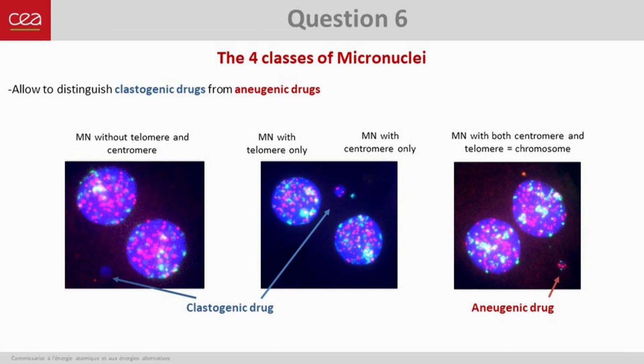For micronuclear analysis, you can visualize directly on the microscope or whatever software you are using to observe images. You just need to score the distribution of the 4 different classes of micronuclei according to the presence of centromere and telomere. You will find micronuclei without any centromere and telomere, micronuclei with only centromere, but they are really rare, micronuclei with the telomere only, that are containing only acentric fragment, and micronuclei with both centromere and telomere containing entire chromosome. This method is still under development and should improve the sensitivity of the micronuclei assay by allowing us to better characterize the micronuclei background levels.